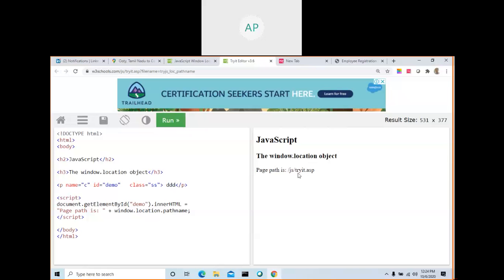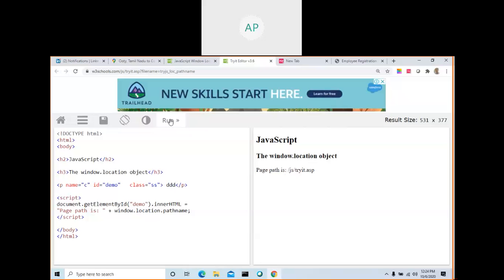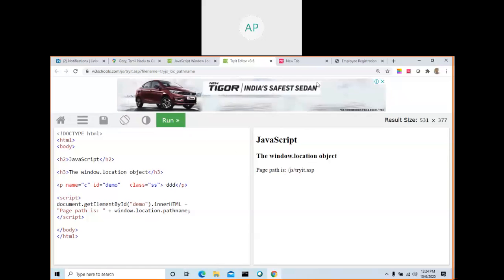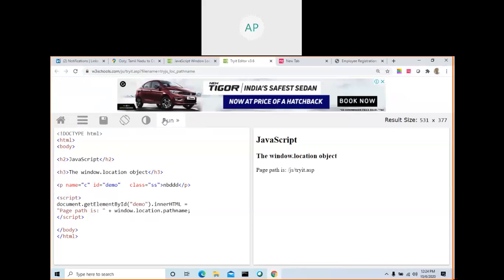Okay, let me run this one. See here, ID demo. This one is the demo paragraph. Window dot location. No, just a minute.